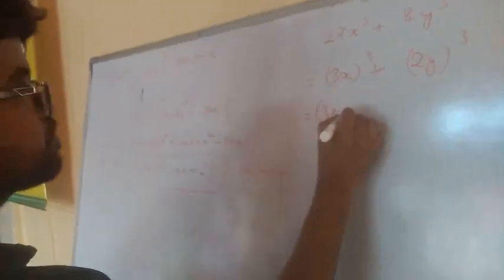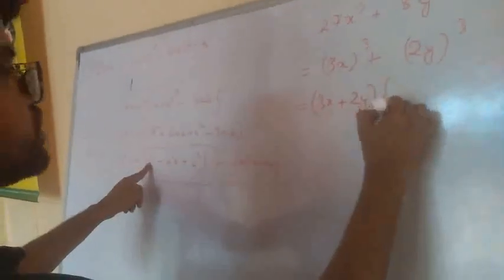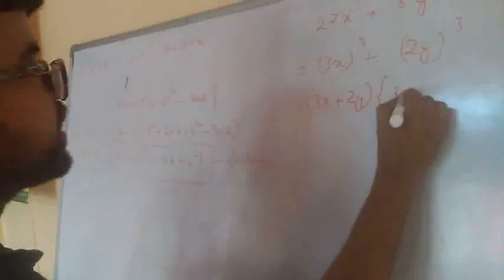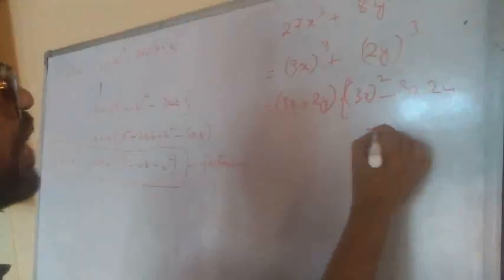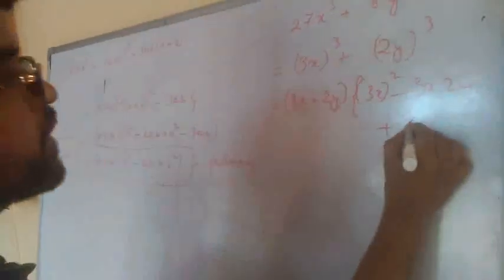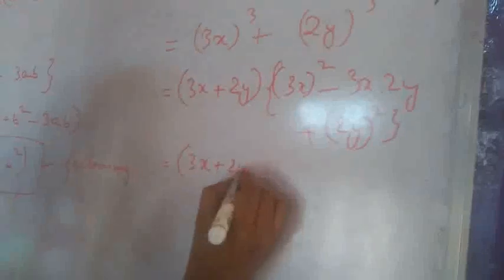So a is thrice x, so you write thrice x plus b, that is twice y. Next one is a square, that is thrice x whole square, minus ab, that is minus 3x into 2y, plus b square, that is 2y whole square. So this will become thrice x plus twice y into